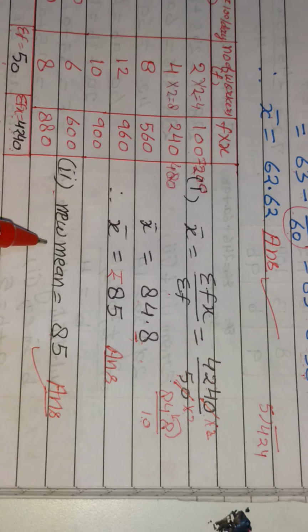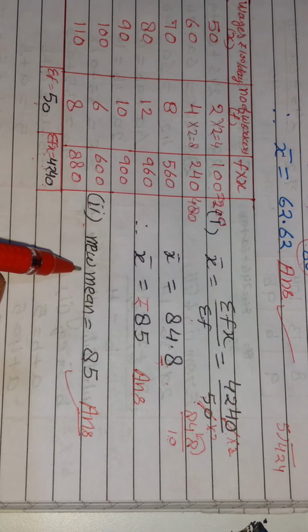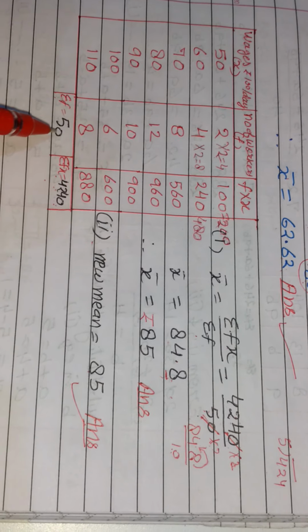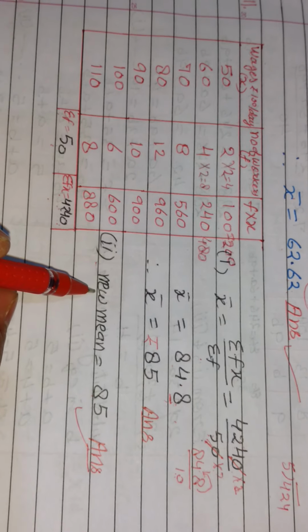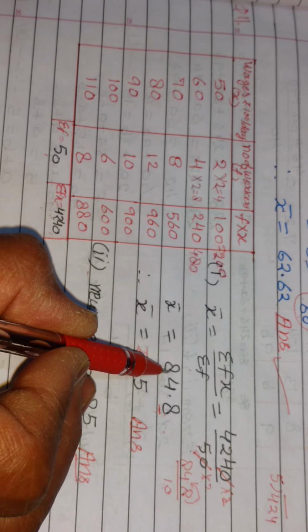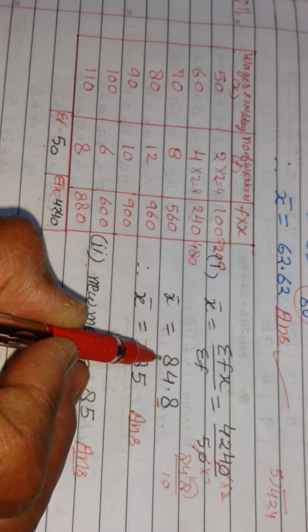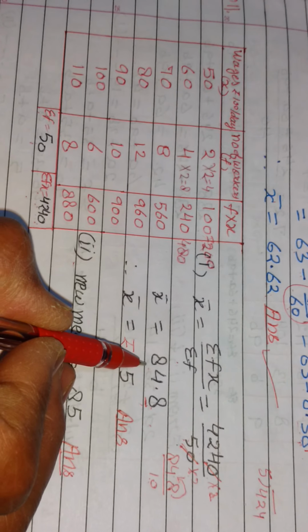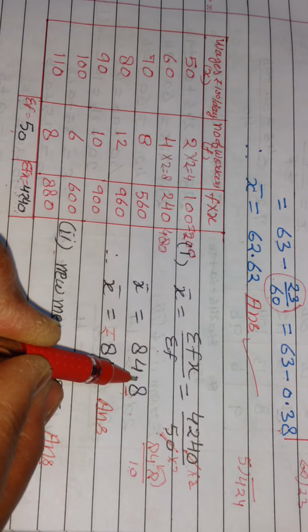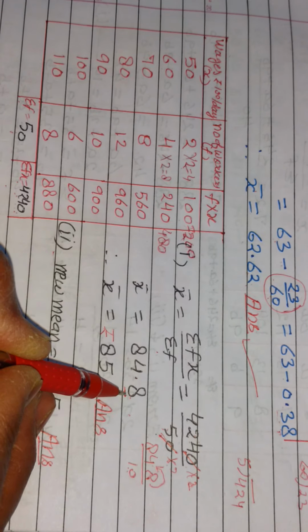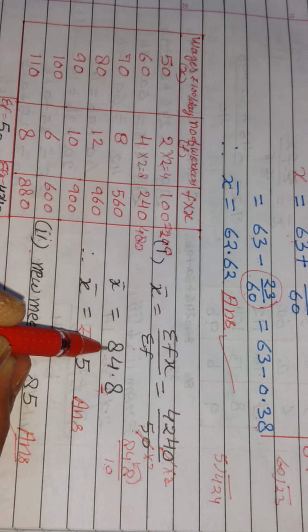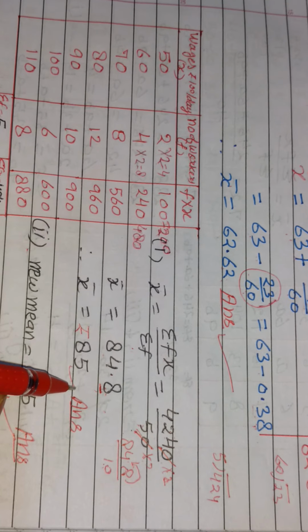In the second part also, it is asking, find the new mean when the wages of each worker is doubled. So children, for the second part, the new mean will also be same as this one. Here, you know, it was 84.8. It is asked, find the mean correct to rupees. So you know the rule. After the point, this is more than 5. So if it is more than 5, we add 1 to the previous digit. So it will become 85 rupees.